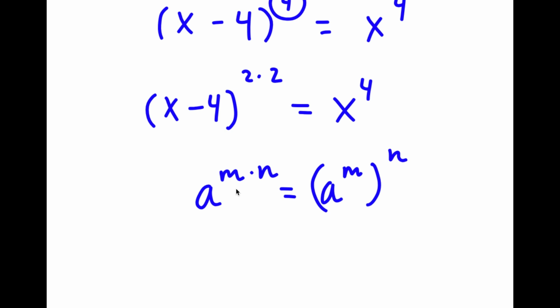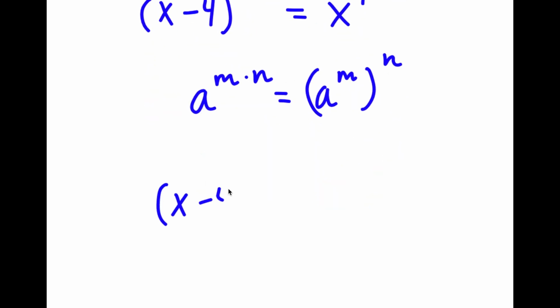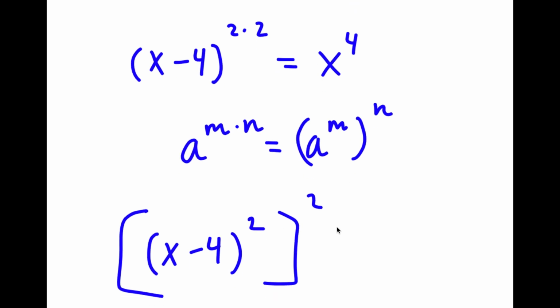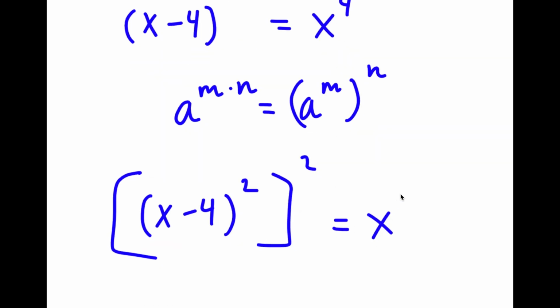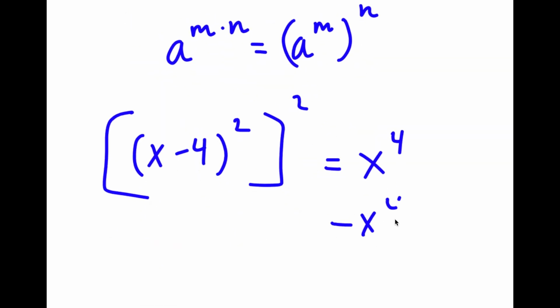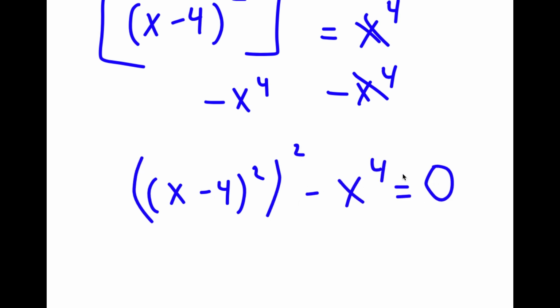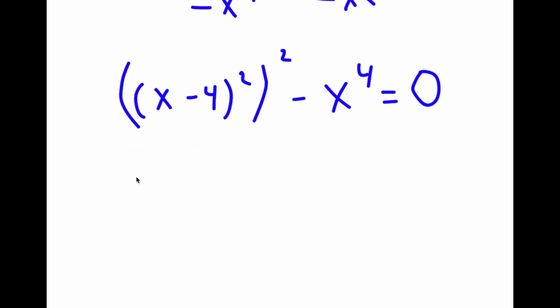So in this case, I have a to the power of 2 times 2, so I can rewrite this as ((x − 4)^2)^2, and this is equal to x^4. Now I'm going to subtract x^4 on both sides. So now I have ((x − 4)^2)^2 − x^4 = 0. And x^4, I'm going to rewrite this as the same thing,